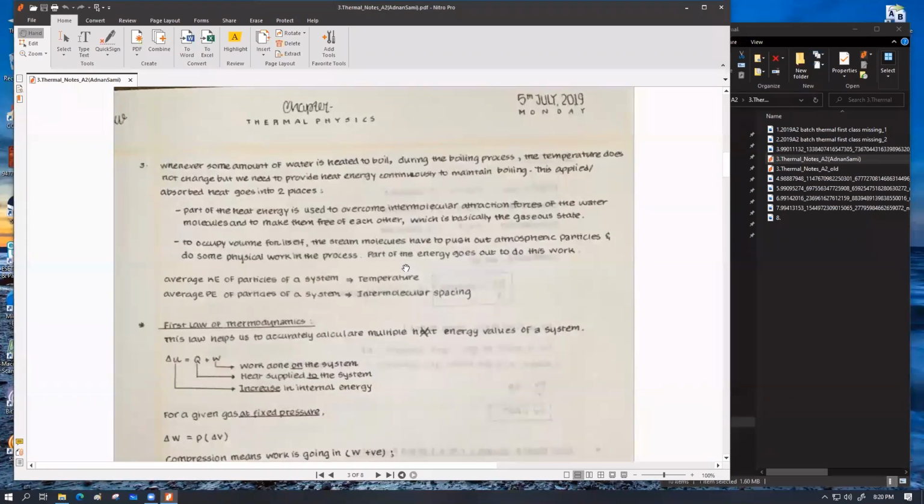So the total amount of energy that you have to provide to this water drop to convert into gas state is not only 1000 joule. Only 1000 joule will not suffice. You have to provide a total of 1020 joule to convert all of these molecules from liquid state into gas state, even at the same temperature. Because you have to increase the separation, you have to overcome the intermolecular force among the water molecules, and simultaneously the particles have to be provided with the required amount of energy so that they can push out the atmospheric particles and make their own volume. So that's the third example, which was a bit detailed, for the process of evaporation.